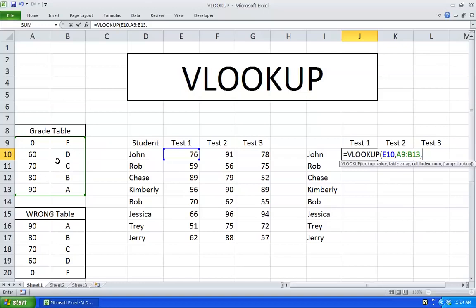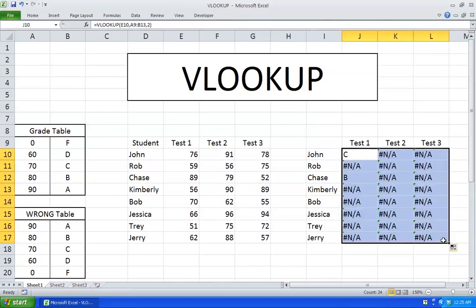So here's my table array. Here's column number 1 and here's column number 2. So I want to display the information in column number 2. So I hit 2, close parentheses, hit enter. There you go. Okay, so now I'm just going to drag this over and display the letter grades